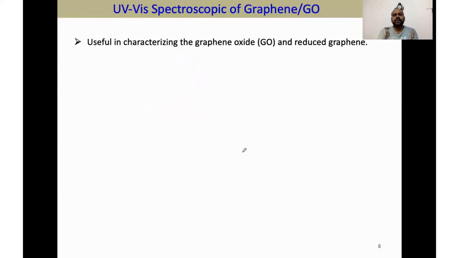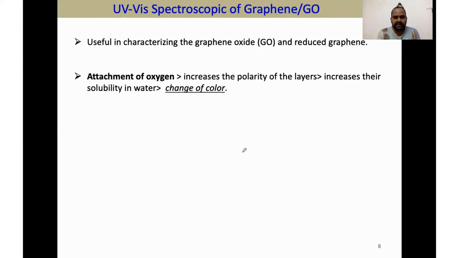Now move to another technique, which is UV-visible spectroscopy. That is also a well-known technique, and we are already familiar with graphene and GO. Basically, if the material has some absorption of light... if there is pure graphene, there is no band gap, so we are not going to get any kind of absorption. But if we have some kind of oxide or functional group or maybe some defect in the system, then it creates some kind of band gap, and if that band gap is there, then of course we are going to observe some kind of absorption, or if there is some transition. So let's see how the material behaves.